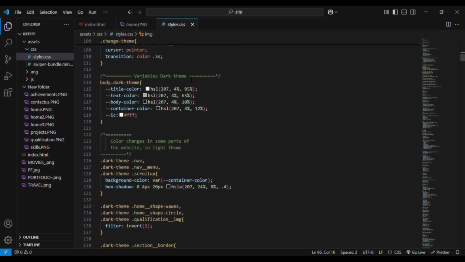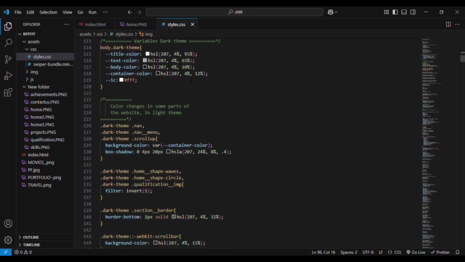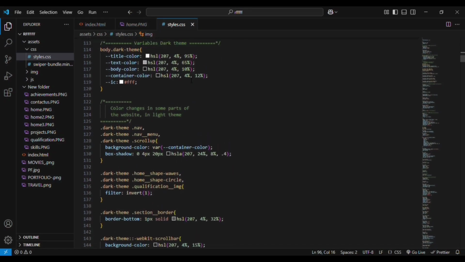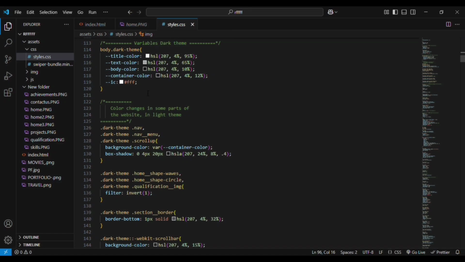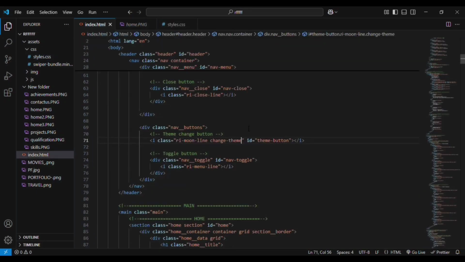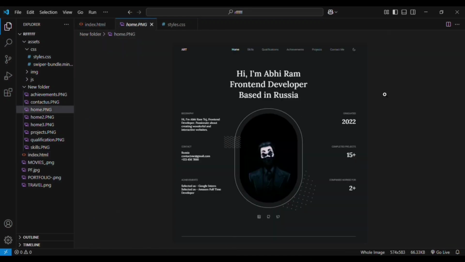Then for the dark mode, this dark mode is nothing but whenever you click on this button, it will change into dark mode, right? So the dark mode should have different colors than the light mode colors. So the dark mode colors, when they are applied, let me tell you this. Whenever you click on this menu icon, you have this theme change moon icon, right? So whenever you click on this icon that is located at the top of the button, so what will happen